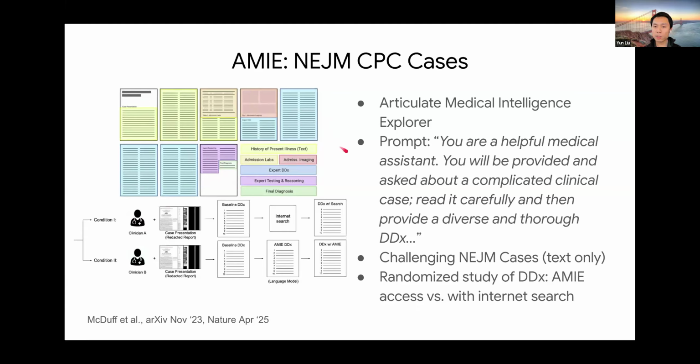And the next thing we did was to ask the question: can we now take a model that's seen this kind of input and have it help a person actually get to a better diagnosis? And by a person here, I mean a clinician or primary care provider. So we then did a randomized study of these cases, where there are two arms.